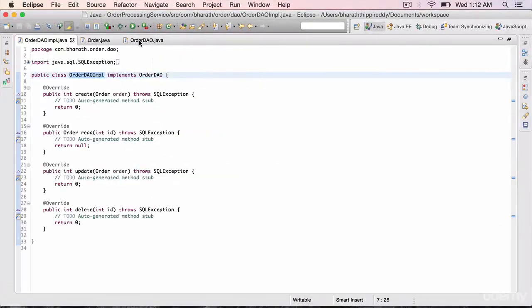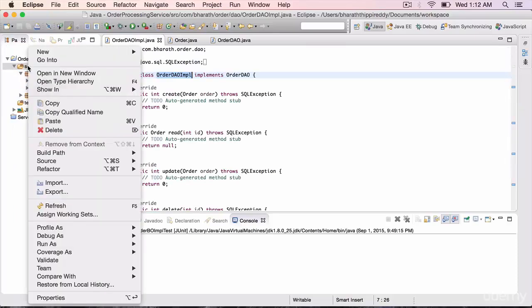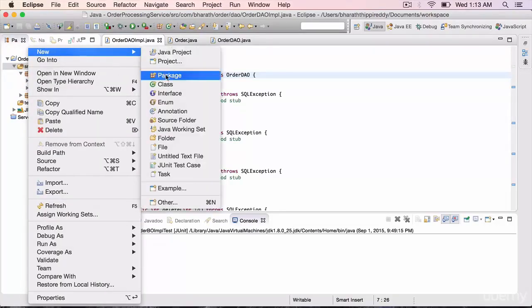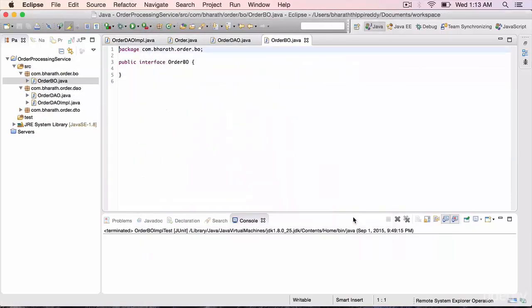In the previous lecture, we have created the DAO layer for our order processing service. In this one, we'll create the business logic layer. To do that, right click on the SRC folder, say new interface, give it a name order BO and change the package name from DAO to BO, business object. Hit finish.